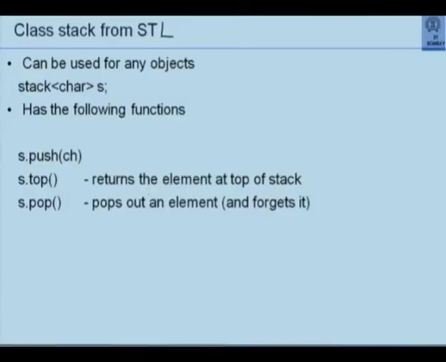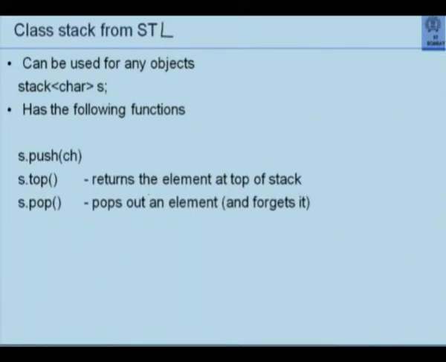Ordinarily, I would have defined stack. If I have stack as a class, I would have just said stack S. Then S would have become an object of the type class of stack. Since I am going to use the stack library and not my stack class, I can specify stack, opening less than sign, char, greater than sign. This tells the template library that look, I want to use stack, but this stack will contain elements of the type characters.